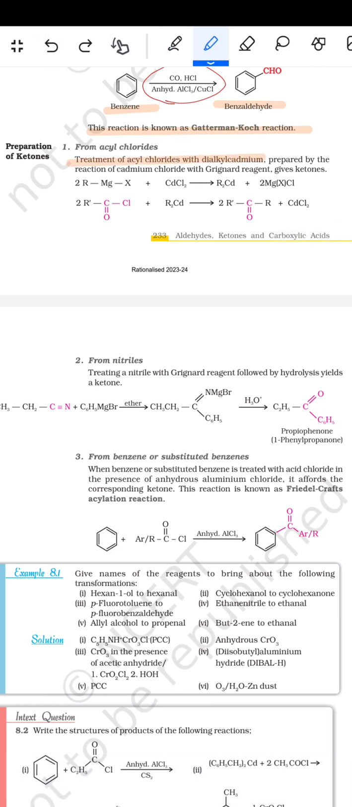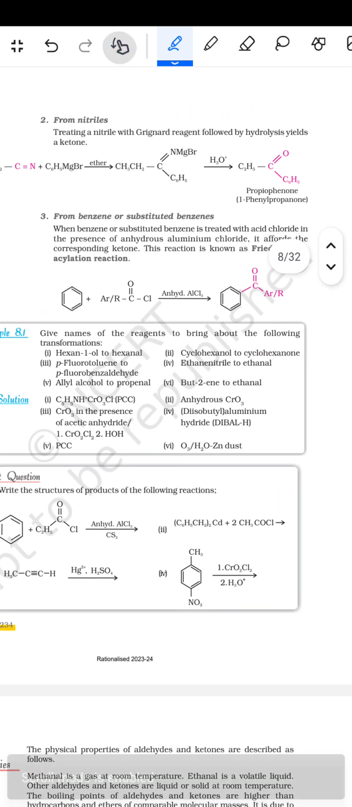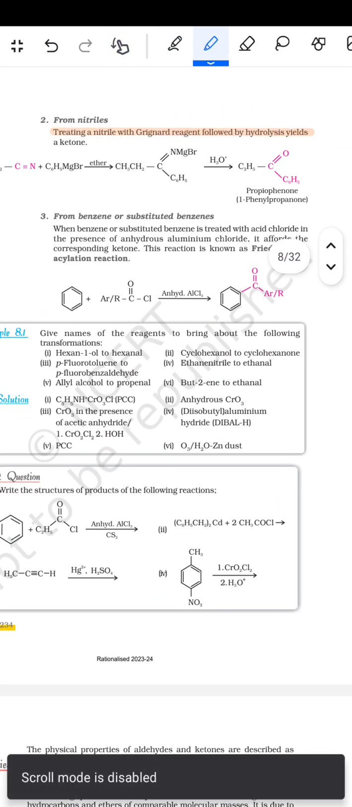फिर आता है प्रिपरेशन ऑफ द कीटोन फ्रॉम द acid chloride। Treatment of the acid chloride with dialkyl cadmium prepared by the reaction of cadmium chloride with the Grignard reagent gives the ketone। जैसे RMgX प्लस CdCl2 तो R2Cd बनता है और फिर R2Cd प्लस R'COCl से ये बन जाता है, यह है कीटोन।